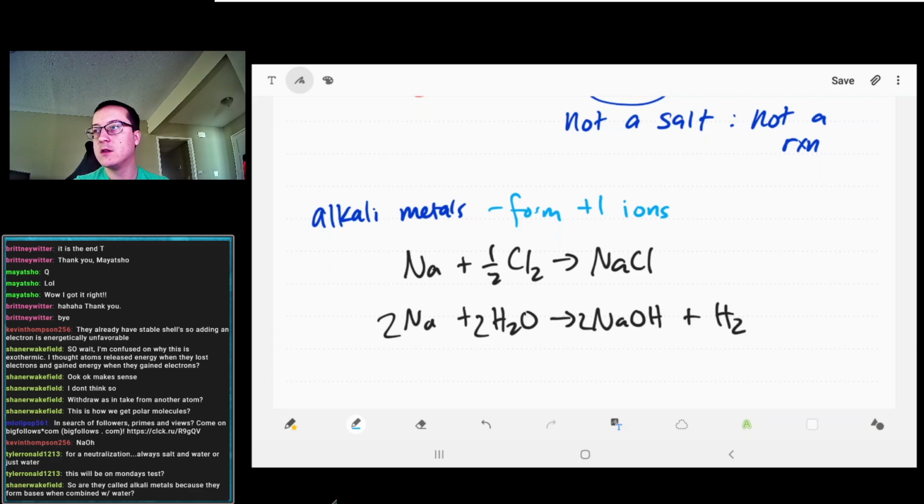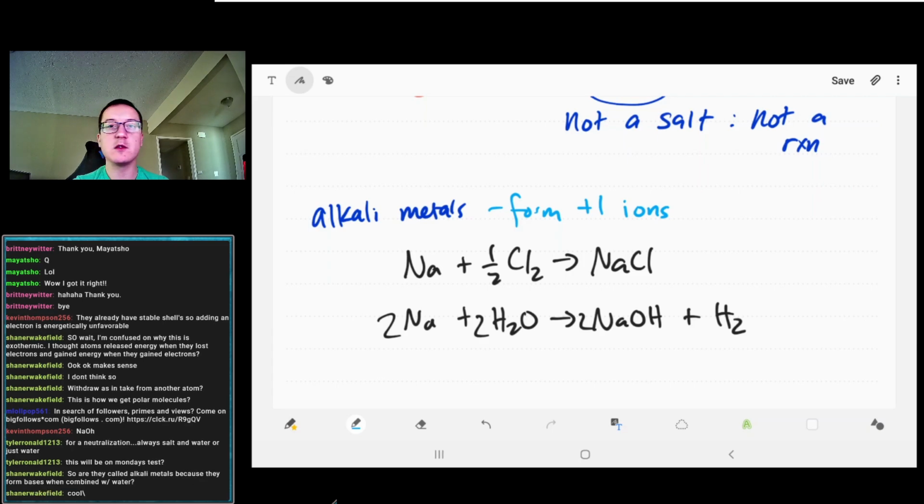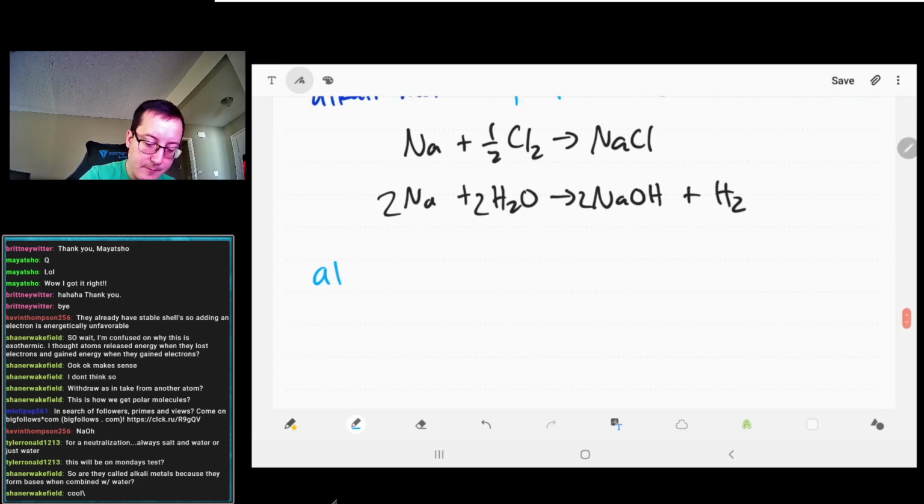Okay. So, I'm going to post homework for this stuff. When I choose the problems, if I do see any that I think, oh crap, I should have gone over that, we'll just do it tomorrow. But for now, this should be enough. It's really just going to be repeating the same stuff, so I would rather move on. So yeah, we already know that alkaline earth metals form 2+ ions. We know that halogens